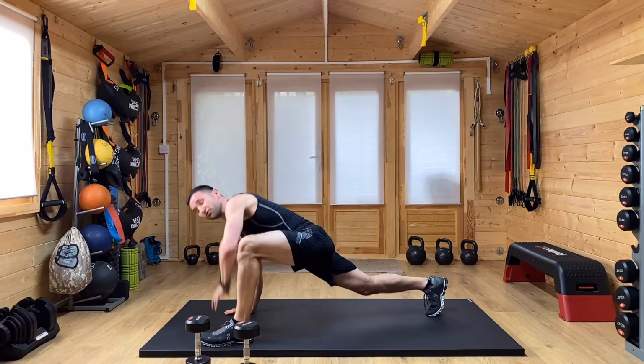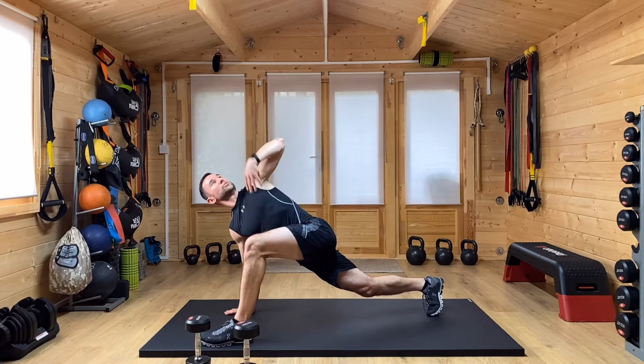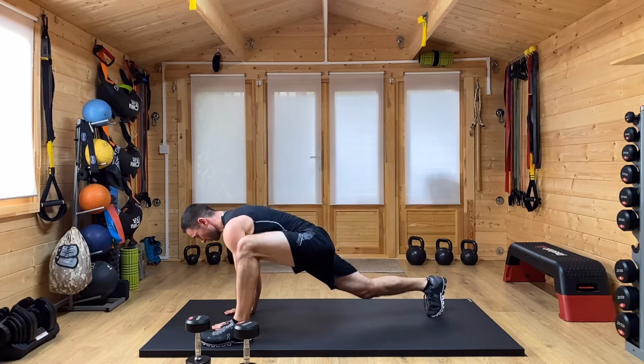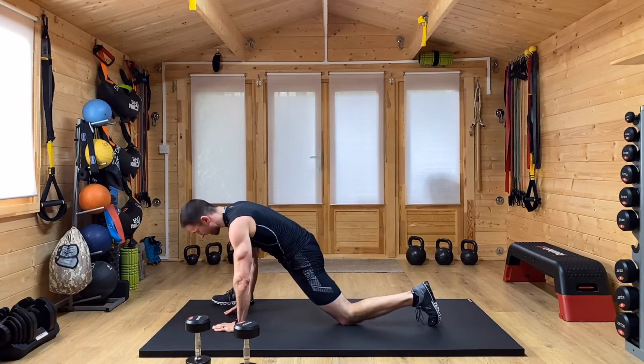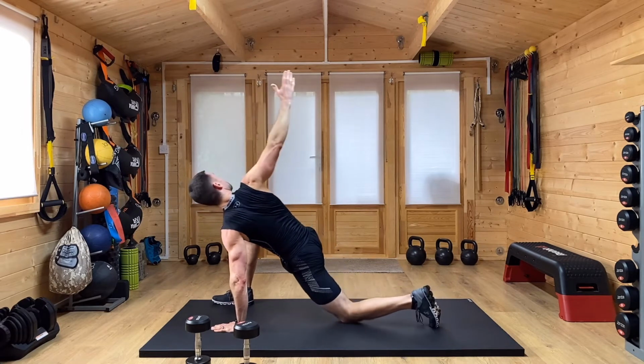The hand nearest the forward leg is going to reach up, and we're going to open up to stretch the chest and shoulders on this side. We're going to bring that hand back to the floor, and we're going to switch on the other side. Now if you need to, bring the knee down, that's fine, to rest there. And then again, bring that arm up,